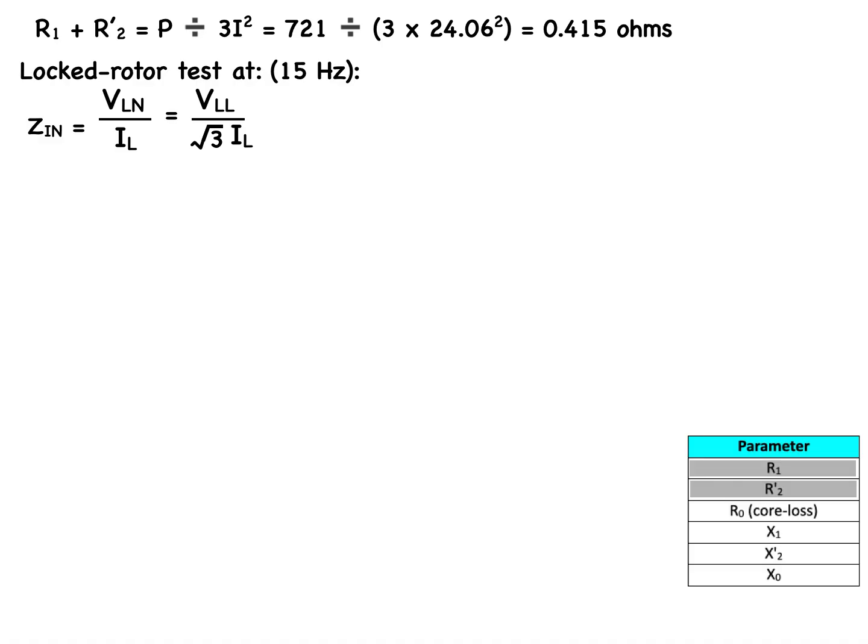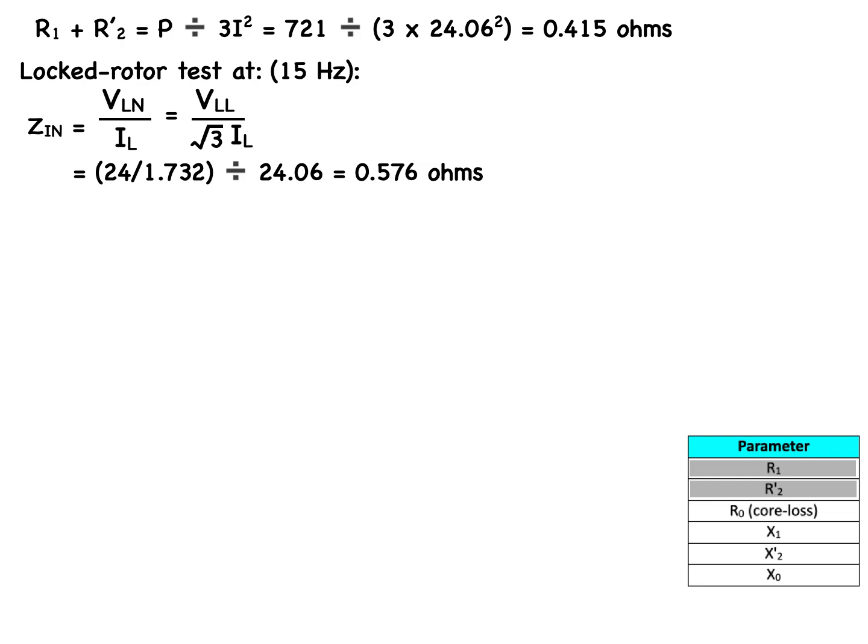However, the 24 volts is measured line to line, so we have to divide it by the square root of 3 in order to obtain the line to neutral voltage. And that gives us this equation for the per phase input impedance Zin, which is equal to 24 volts divided by 1.732, all of which is divided by the current 24.06 amps. And that ultimately equals